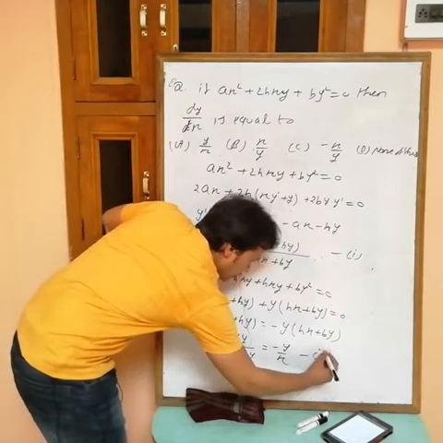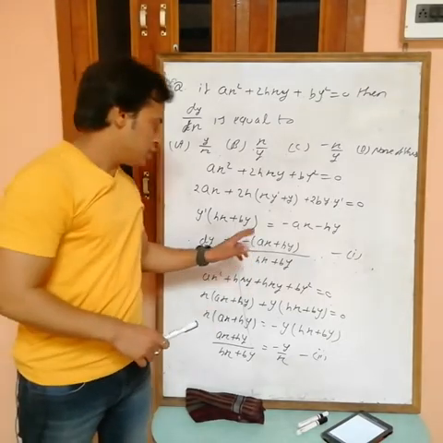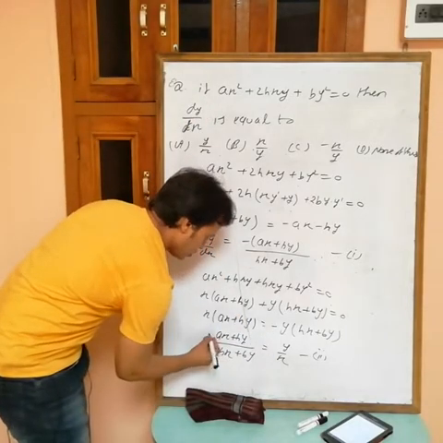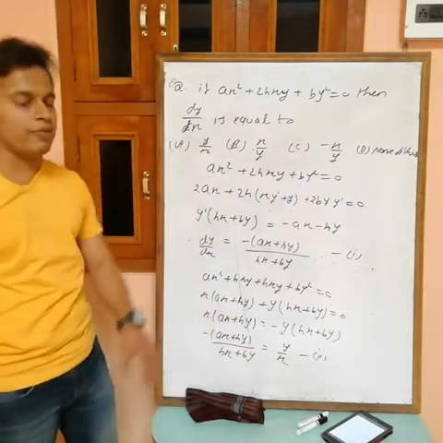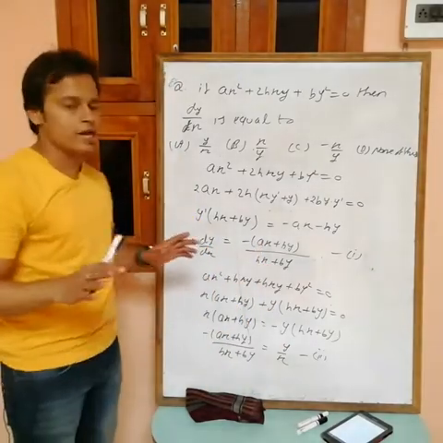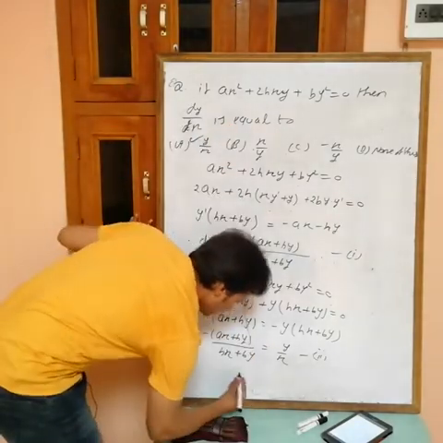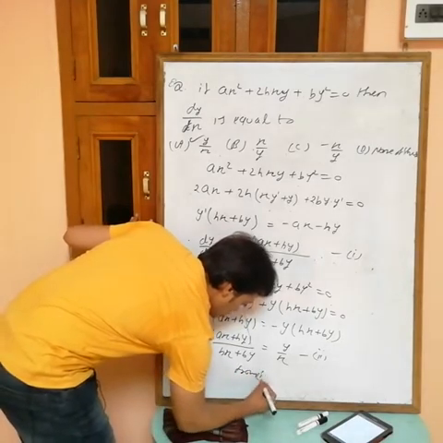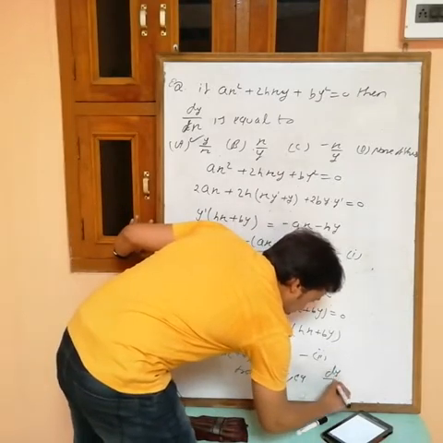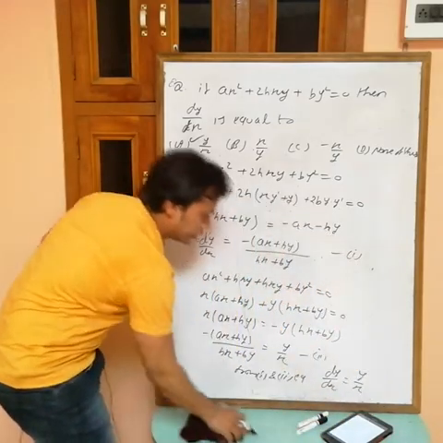This is the second. Now from the first equation dy by dx equals to this one, and from the second equation this one is equal to minus y by x. If I write minus on this side, then it is equal to y by x. So dy by dx equals to this one and this one equals to y by x. So by using first and second, I can say that dy by dx is equal to y by x. Okay, write down, from first and second equation dy by dx is equal to y by x. Okay, done.